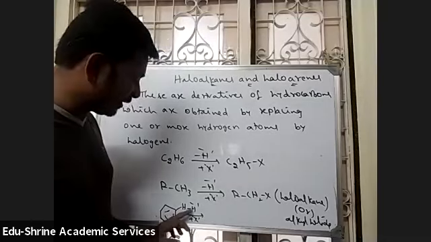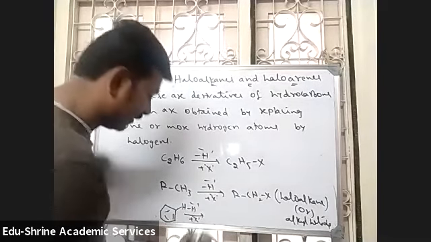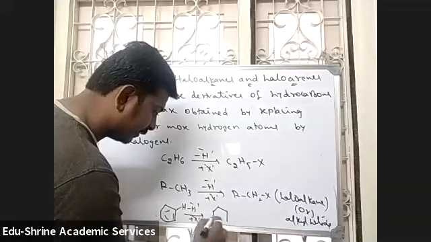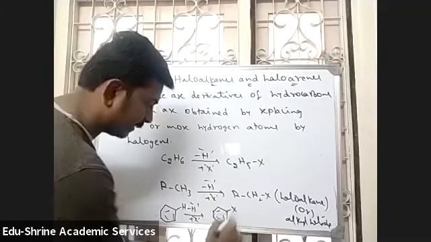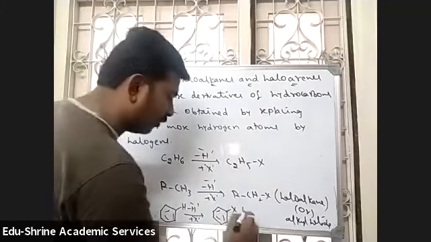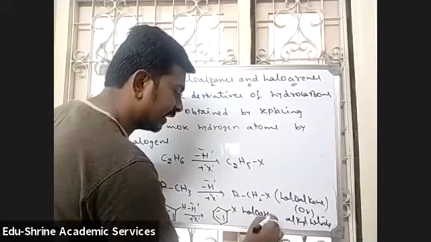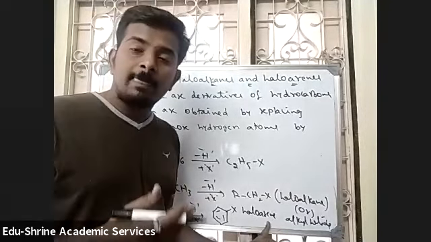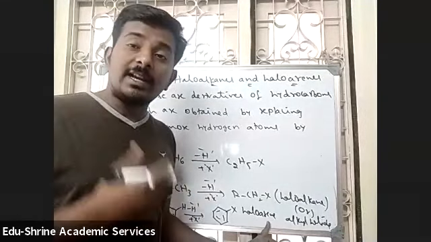So if that hydrogen is removed and a halogen is added there, then we will get X. So this is called a haloarene. Arene means benzene ring. Either you take arene or you take aryl or you take phenyl. All these are the names for benzene ring only, right? So haloarene is also called aryl halide. So this is the definition for haloalkanes and haloarenes, how they are formed. Okay, right?